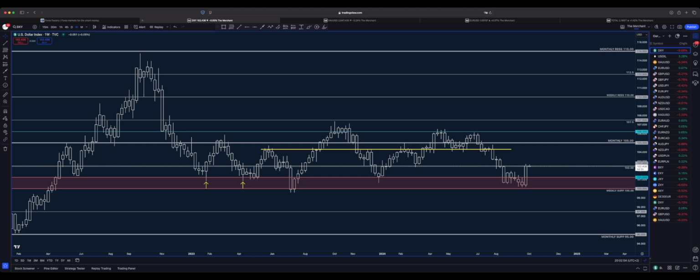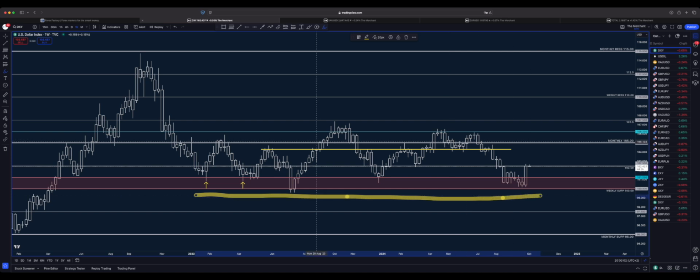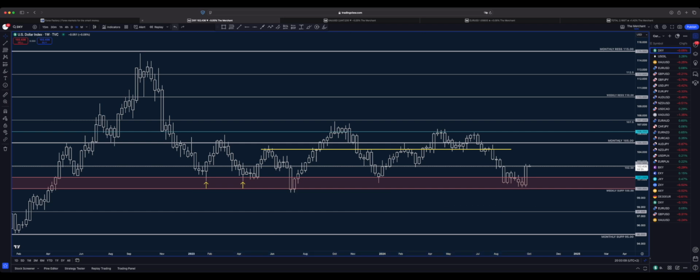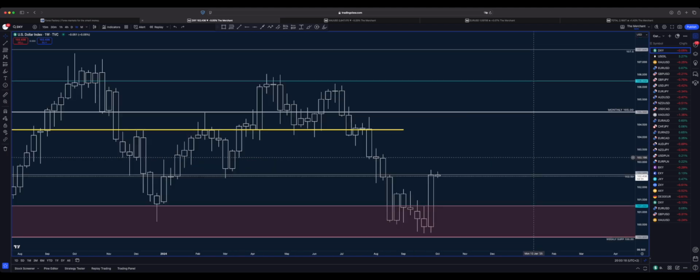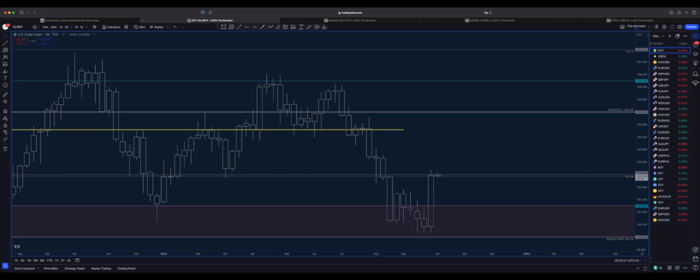One thing to keep in mind is that when you see a strong support zone like that, it means that right now we have a lot of stop losses and a lot of liquidity down there, which from my very humble point of view, sooner or later needs to be collected. And at this point of time, let's move to the daily time frame.